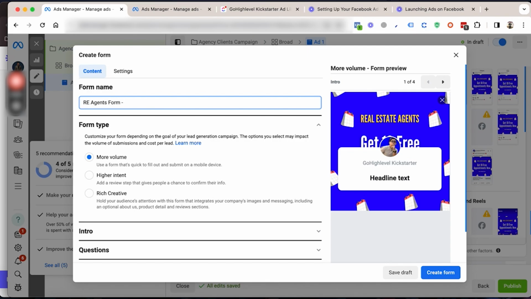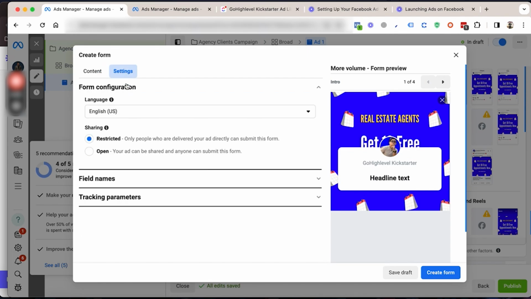It's good if you set the date in here as well. What's the date today? Like this. Then go to settings, make sure it's selected the open,